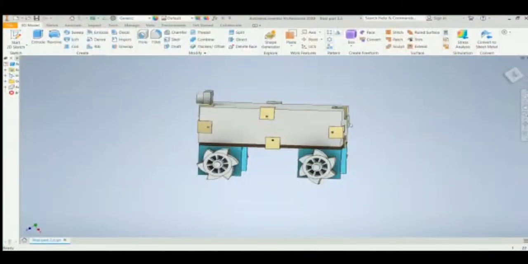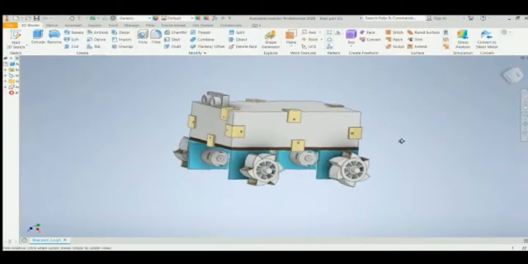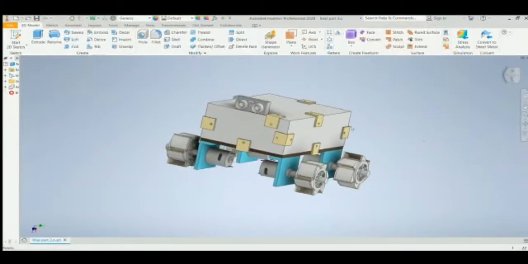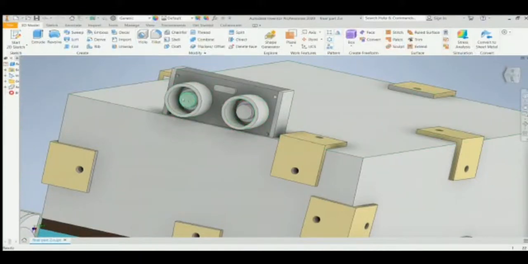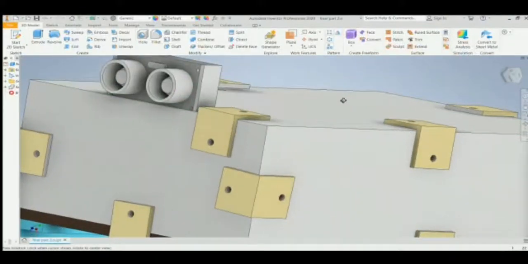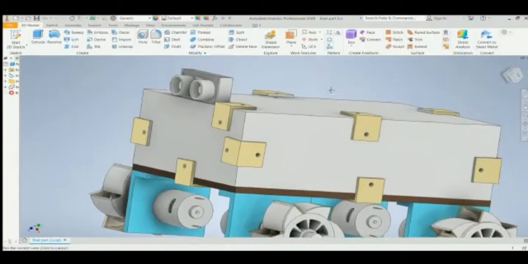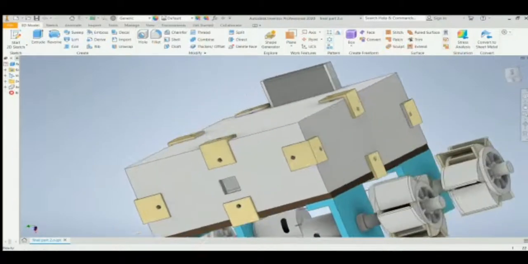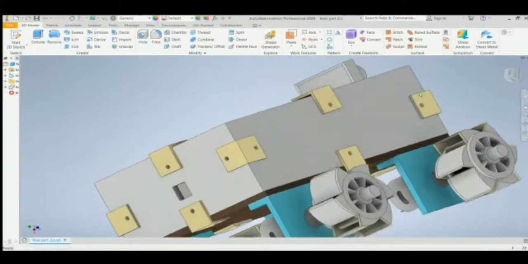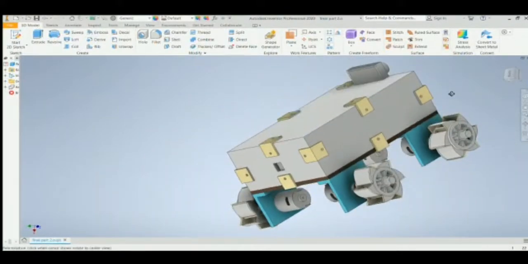Now we focus on the 3D model of our land dwelling bot. In this model, first we talk about the sensing part. We placed our ultrasonic sensor on the top of the body part of the bot so it can sense the obstacle very easily. And for sensor protection, we made a proper casing for it so it can be saved from dust particles and other particles. And now we come to the main function of the bot.